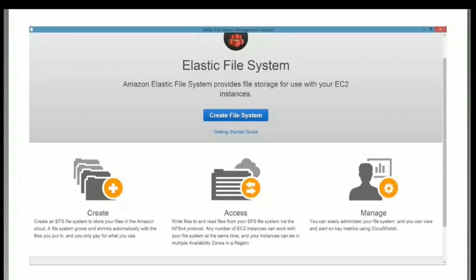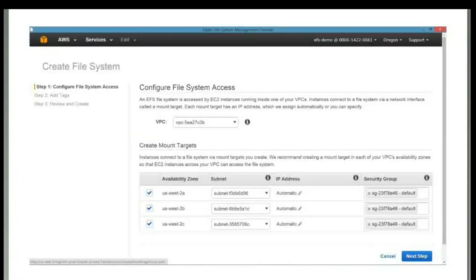system. And let me just show you what that would look like from our console. I have a few screenshots here that I'll walk you through. So what you're looking at right now is the start screen within the AWS console. And this is what you'll see if you're a first-time EFS user. So what you would do is you would click Create File System. Okay, so once you click